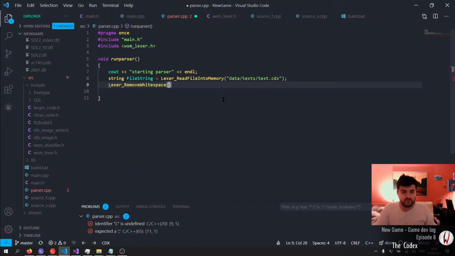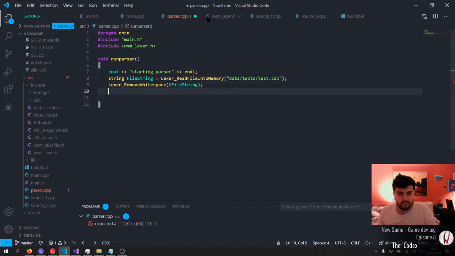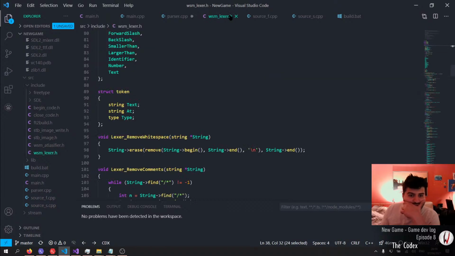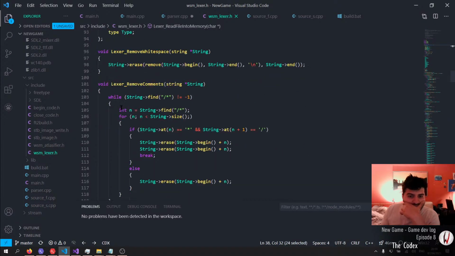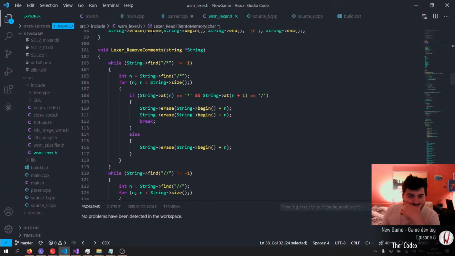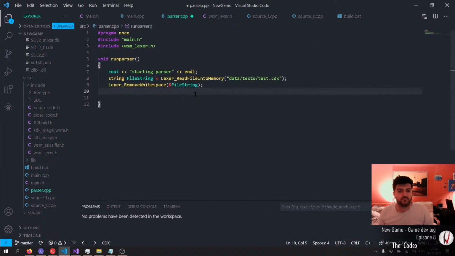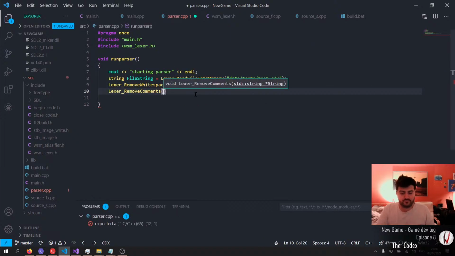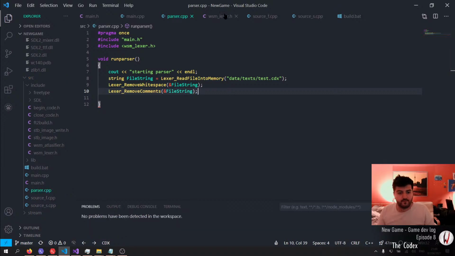Remove white space of and then remove comments, I guess. And then